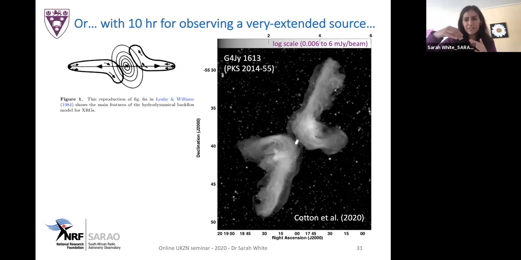But at the center of the galaxy, we also have a large gas reservoir. And this is more dense than the backflow plasma. And so that causes the plasma to become deflected, basically following the path of least resistance, creating this very nice X-shaped pattern. And this is going against the alternative explanation for these X-shaped sources, which is that the supermassive